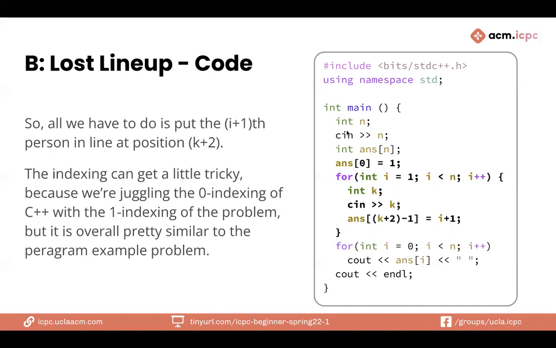So basically we have an integer n, declare it, and then we use cin to read it in. And then we also declare this answer array with n entries. And then we declare the first space to be 1 because Jimmy is always going to be there. So he's always going to be the first person there. And then all we have to do is, every time we take in an integer from the second row, we're going to put it into the k plus